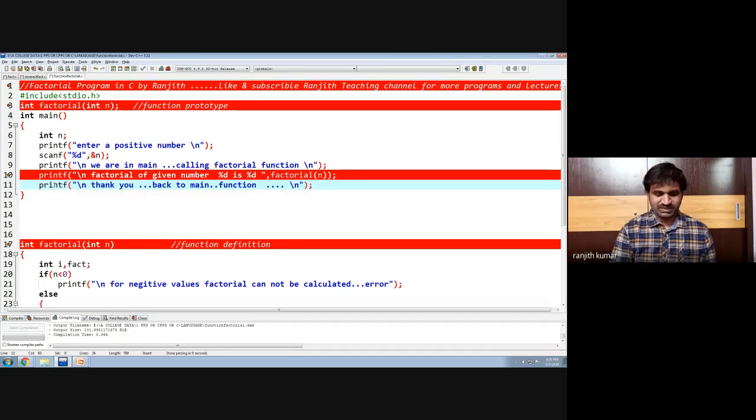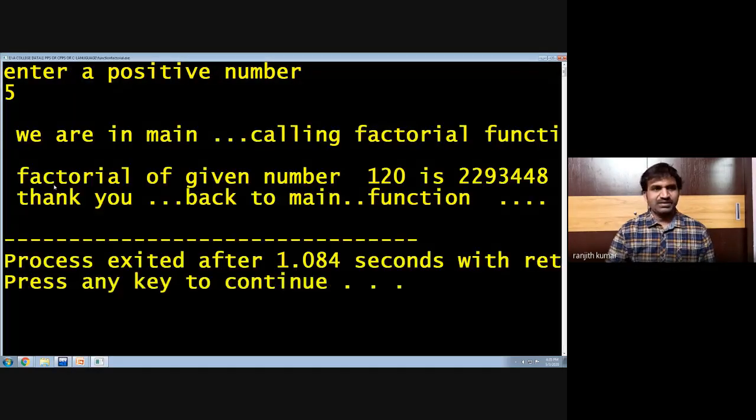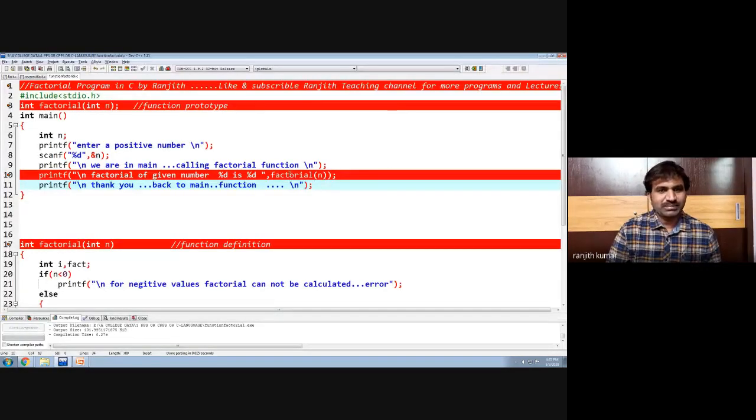Are we clear? So that we can prove what is happening. First we are in the main function calling the factorial function. The factorial of the given number is 120, and the answer is printed as 120. You have to print the n value and the factorial both.